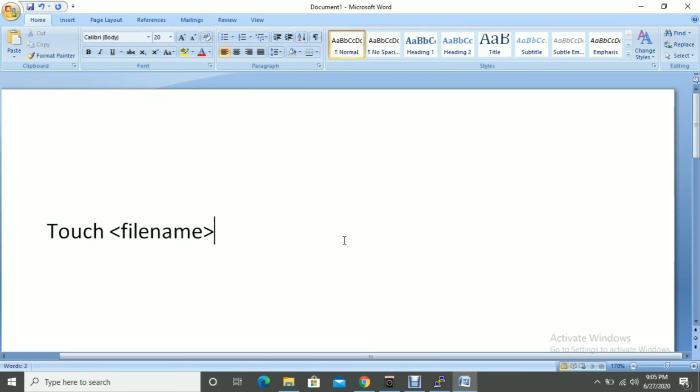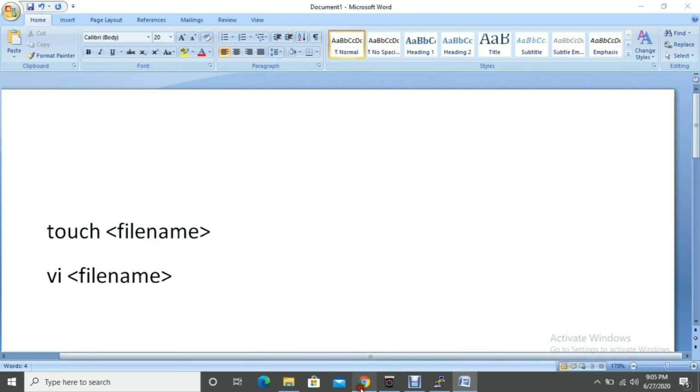This is the syntax for vi also: when you're creating a file, you give vi and then your file name. There are a few arguments, which I will explain practically. So this is the syntax for creating a file with both.